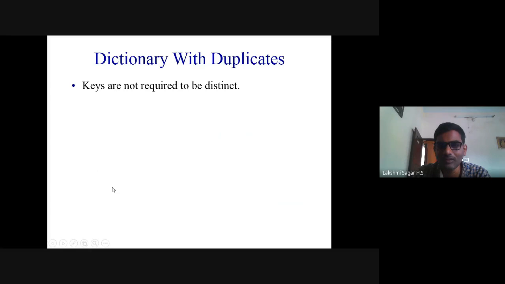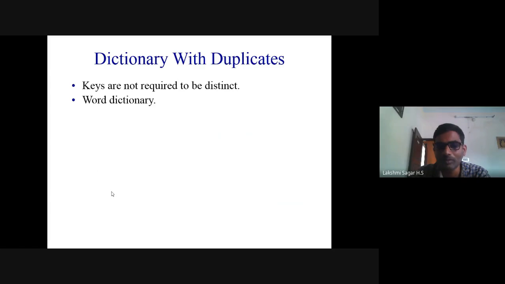Next, dictionary with duplicates. Keys are not required to be distinct. Example, word dictionary. You need to understand keys are not required to be distinct. Same keys, but different elements or values may be there.